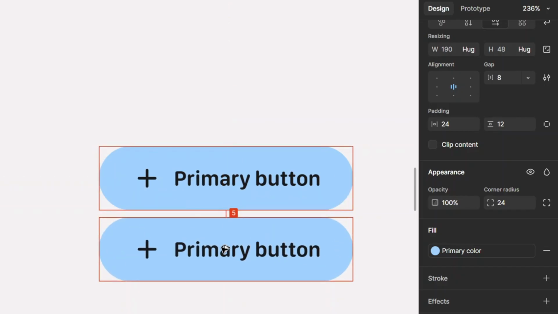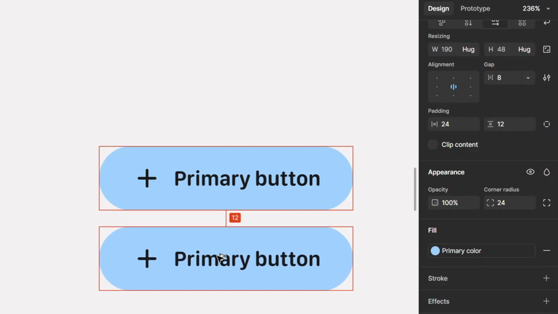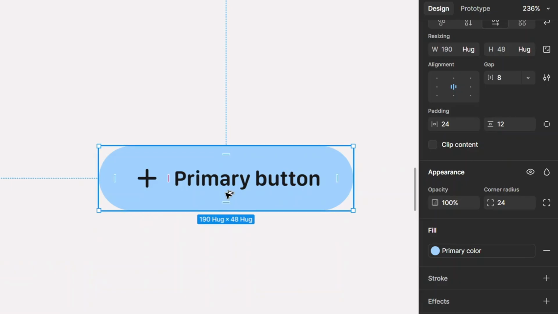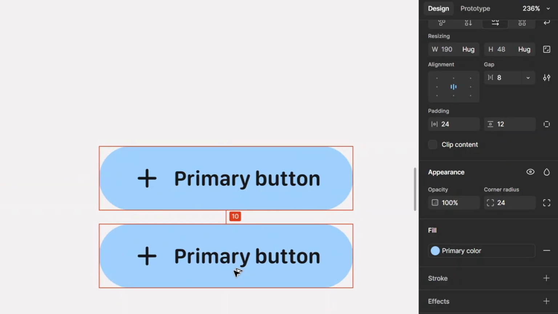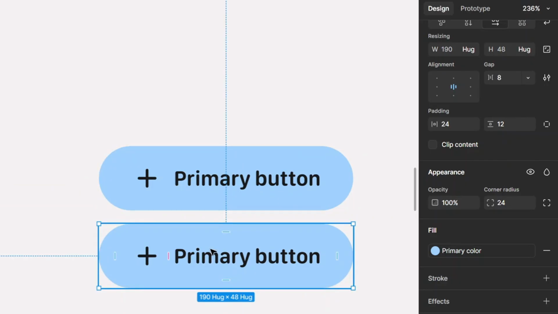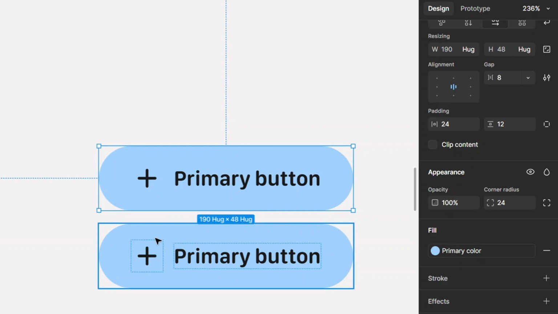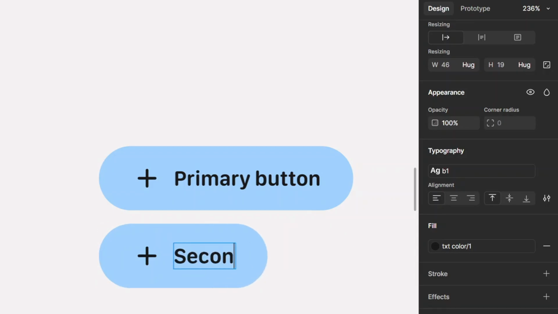Click, drag. Alright, so this icon, I should have set it as a component, but it's still fine. When I change all this to component, the icon will still be a component. Alright, so let's set this to be secondary